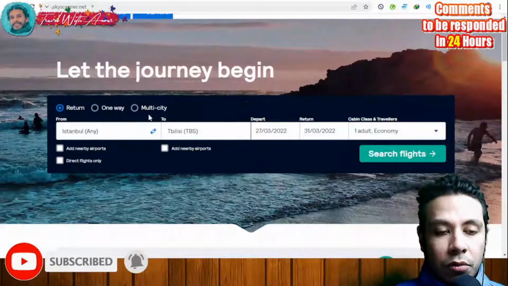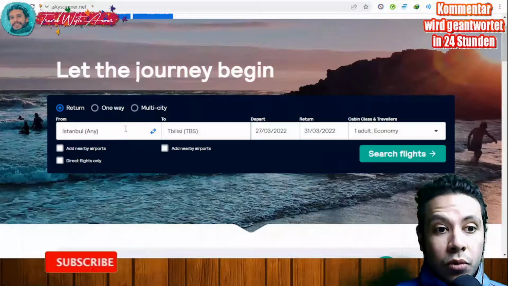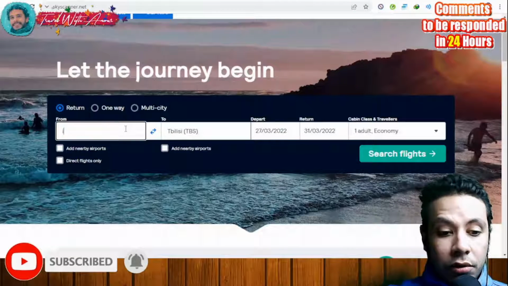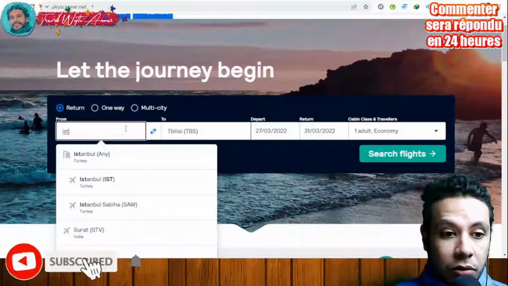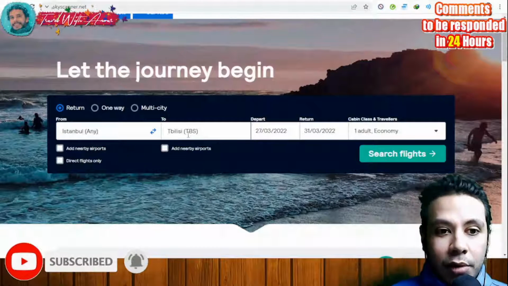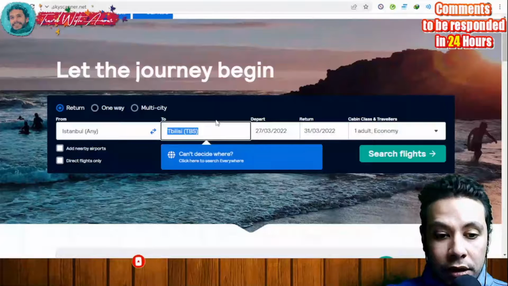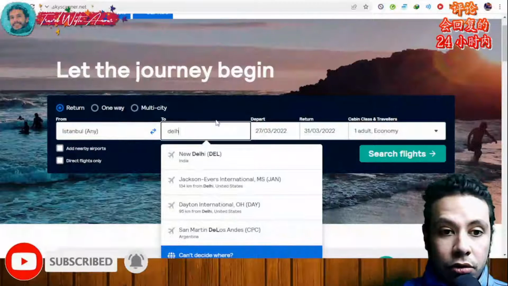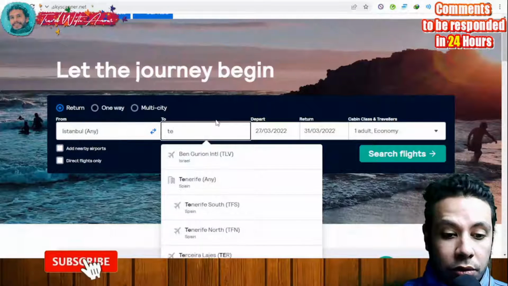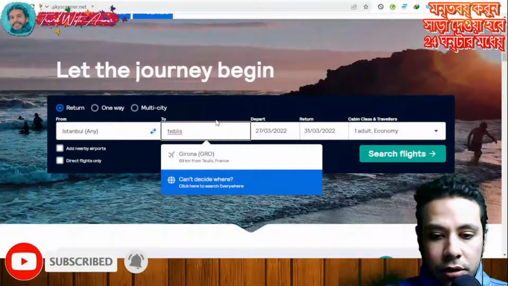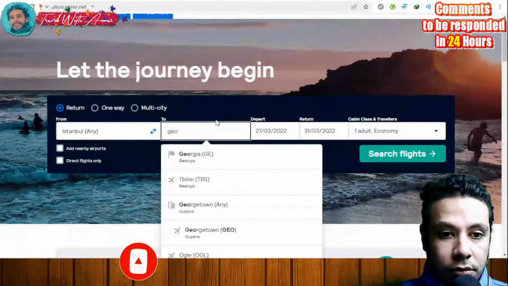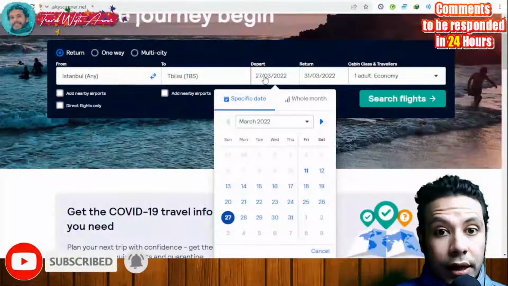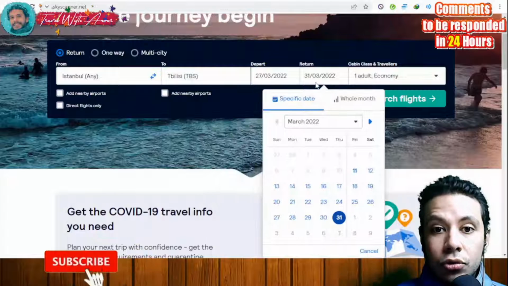But let's just assume you're moving from only one city to another and you want to have a return flight going and returning back. So assuming you are going from Istanbul, of course you can choose whatever you want, if it's in Istanbul or Surat or whatever airport it is, and returning, what is your destination, where are you going? You're going to Delhi, or you're going to Tbilisi, or whatever, Georgia, Tbilisi. And here you will have to choose your departure date, and here you'll have to choose your return date,